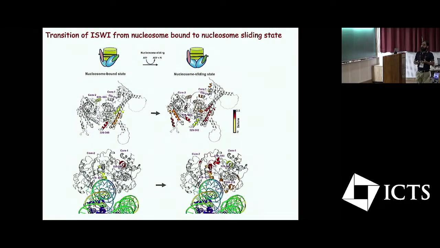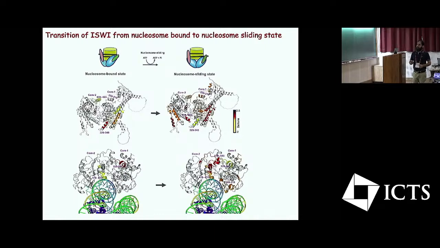So we can map this HX data on the cryo-EM structure of only the ATPase domain. As I said, there is not a structure of an intact protein available. So we found two helices, one over here, another here, which look very important. One of them is binding to the DNA, and it's probably pulling it in during the sliding.